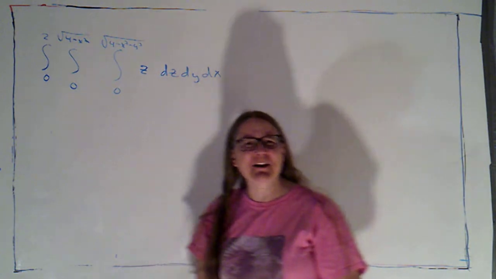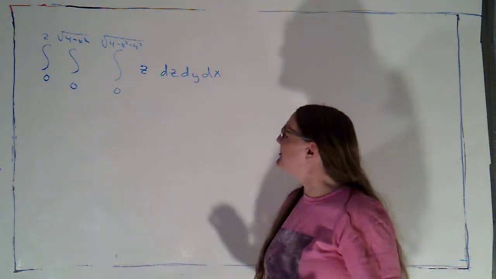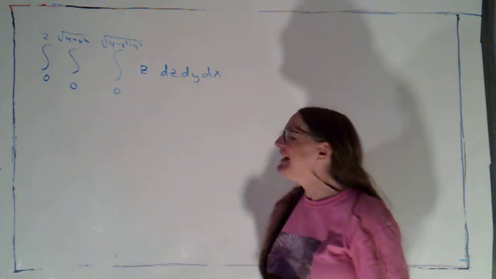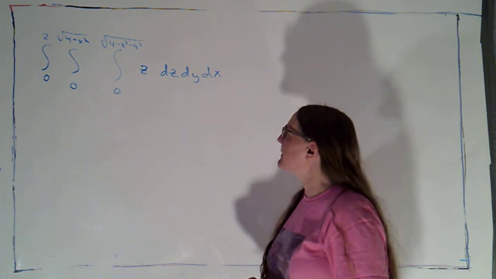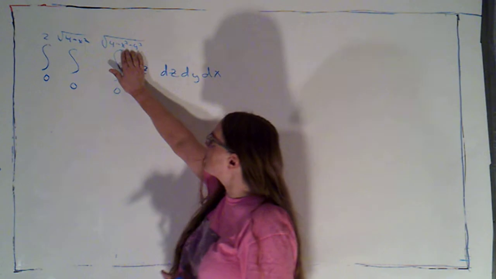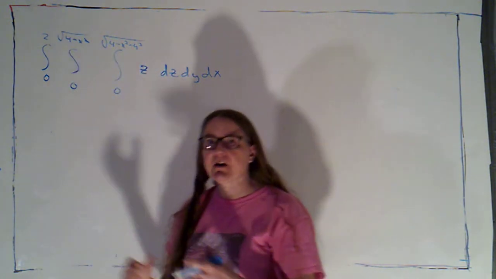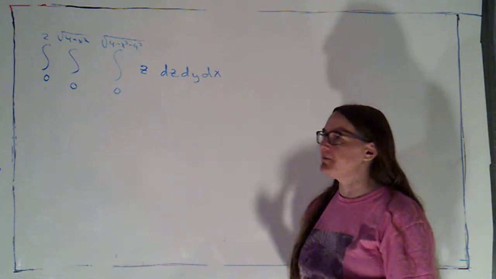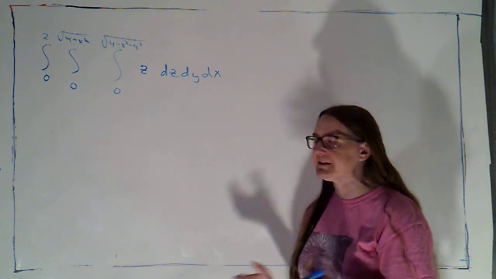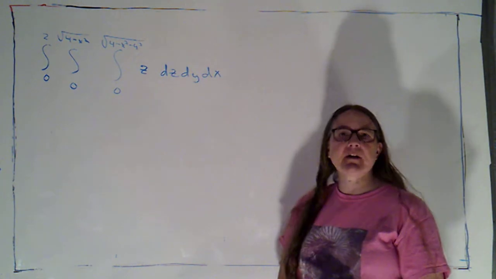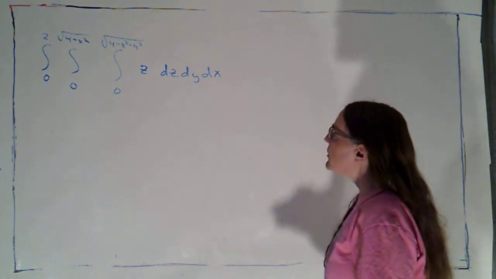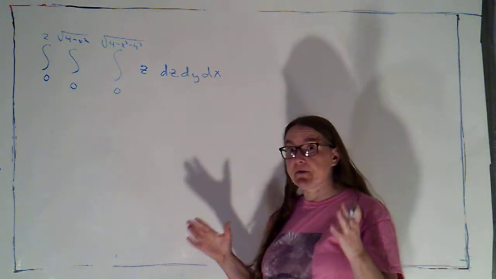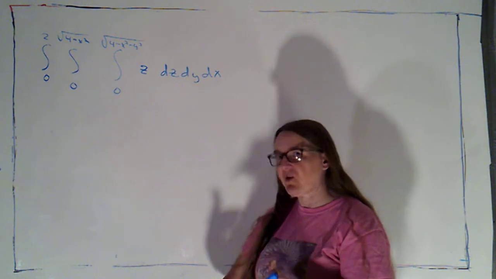They're these square roots of subtraction problems involving variables squared, and I just don't really feel like working with those in integrating. Anytime I see square roots where I'm subtracting variables squared, I'm thinking round stuff. I'm thinking spheres, I'm thinking circles. So I'm thinking we probably want to switch this to cylindrical coordinates if we can. That means we're going to have to visualize what the region is so that we can describe it